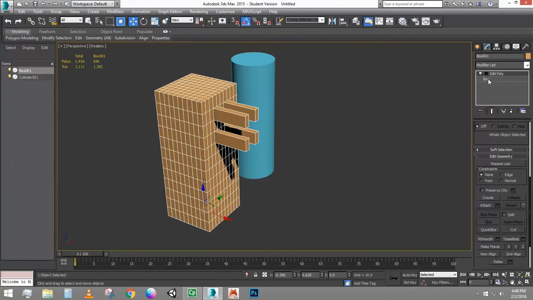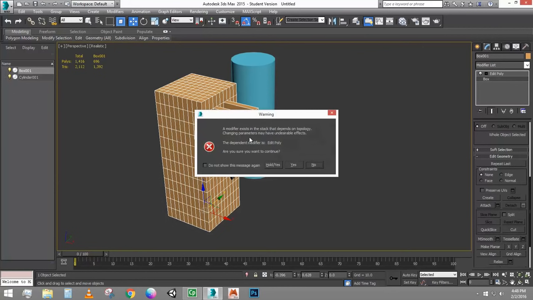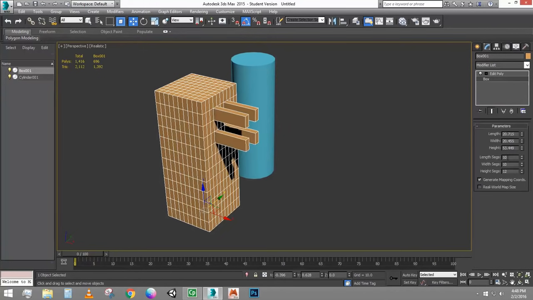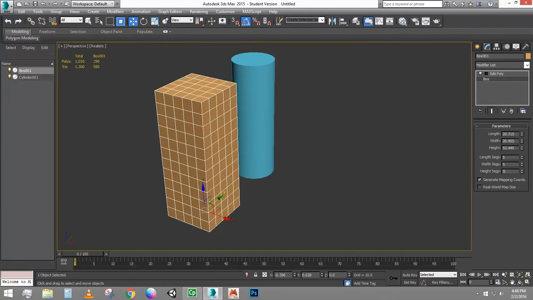But the problem is I can come back to Max, get this back to box, and I'm going to get this warning that says a modifier exists in the stack that depends on topology, which means the polygons that are here. So, are you sure you want to continue? I'm going to say yes. But now any changes I make here are going to affect the number of polygons. So if I make this 5 by 5 by 5,